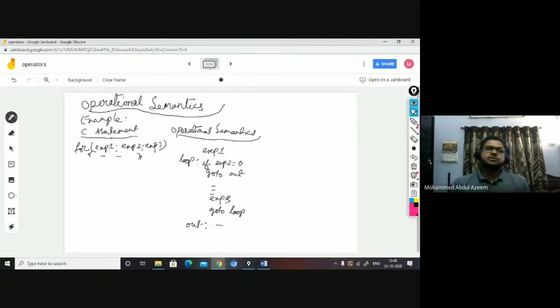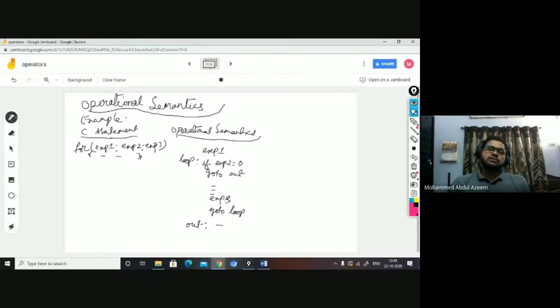Then operational semantics. Operational semantics is the way in which a particular statement is required to be executed, or the operation of a particular statement that you represent on the machine with the help of operational semantics. For example, let us say you have a for statement. In C, how do you write a for statement? For followed by parentheses.